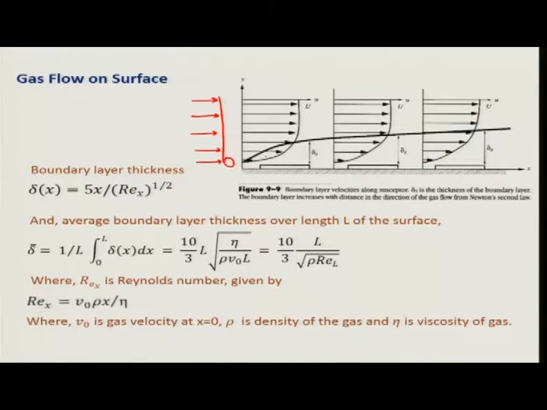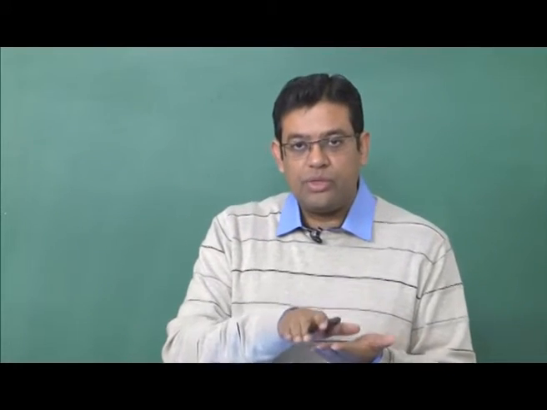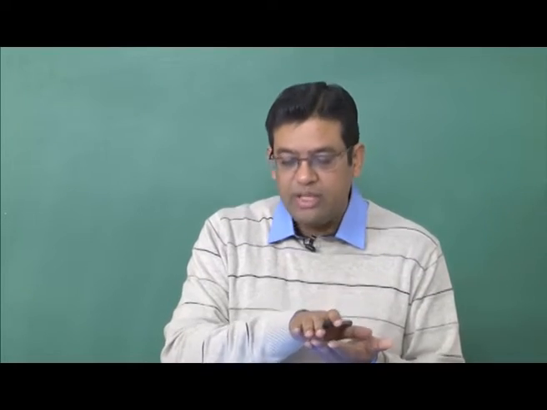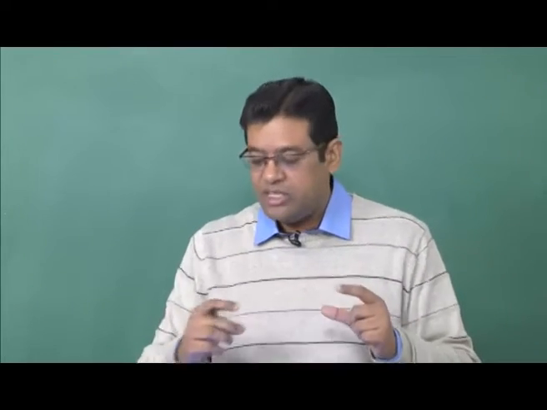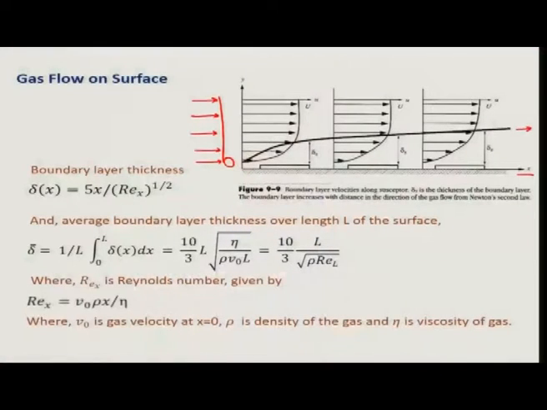Okay. And as soon as you go further and further inside the chamber, this flow develops, this velocity gradient becomes more and more steep to a certain extent that after a certain distance a flow is fully developed, then beyond this it does not change. Okay. And since the layers which are very close to surface are moving very slowly or not moving at all, they form a stagnant layer called boundary layer.